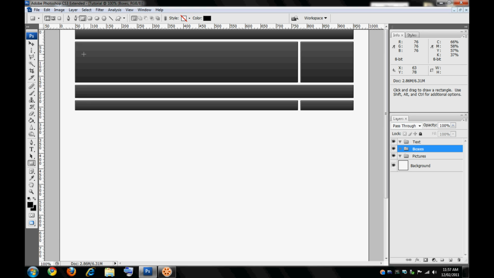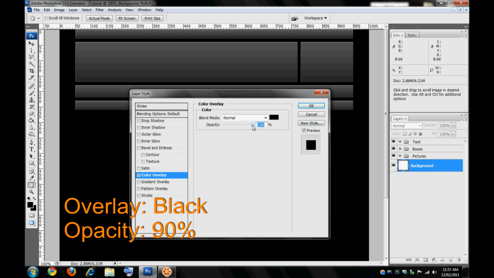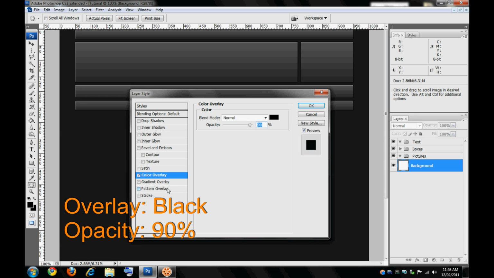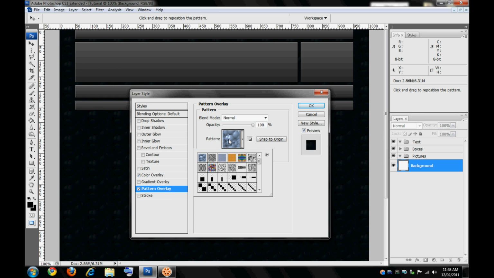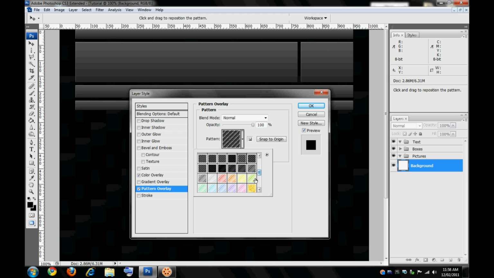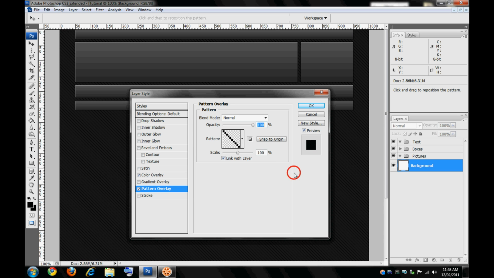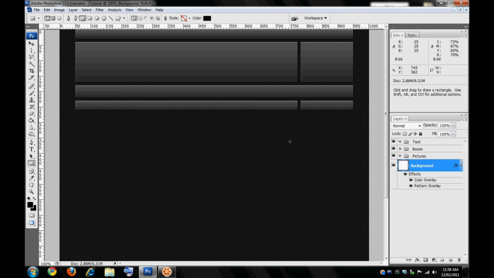Okay, now the background, double click on the background layer, select color overlay, change the color from red to black, change the opacity to 90%, and we will insert a pattern overlay which will be below the color overlay. Now I have some presets here, just dotted lines, carbon fiber, and different types of material. Now for this I will use a line. You can increase or decrease the scale. I'll keep it at 100. Okay. Now if you press Ctrl H again,